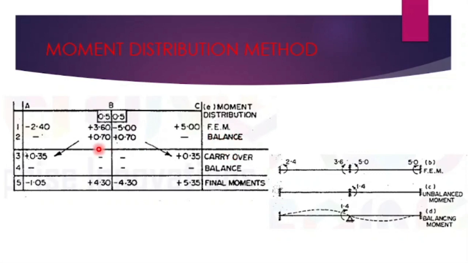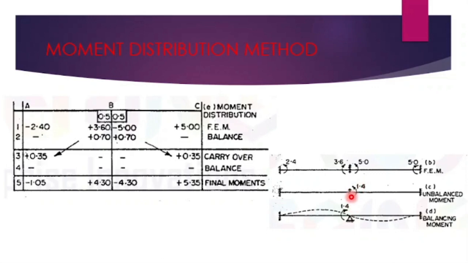Next step is balance and carry over. So, how to balance this? Since you know that the joint B is a hinged end and is not fixed, the sum of moments should be equal to 0. So, what are the two moments acting at this joint? 5 and 3.6, isn't it? If I add them, what should I get? It should be 0, but it is not 0 here. So, what answer am I getting? Plus 3.6 minus 5 will be minus 1.4. So, why is it written as anti-clockwise? Since it is minus, it is written as anti-clockwise.